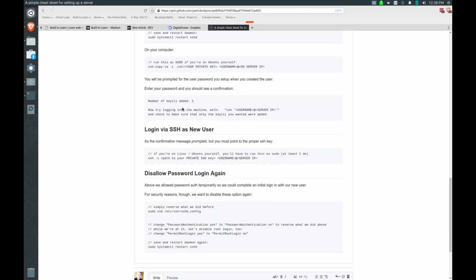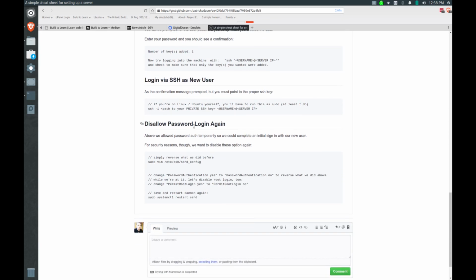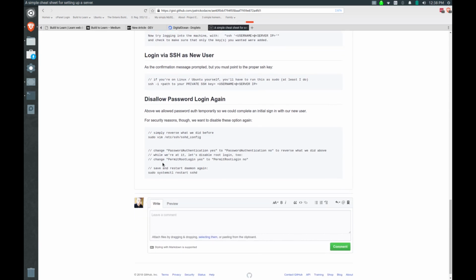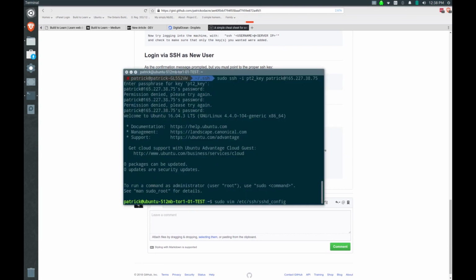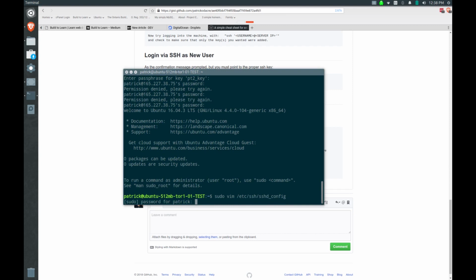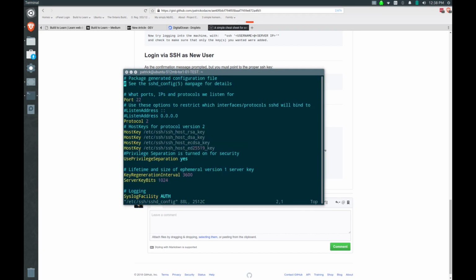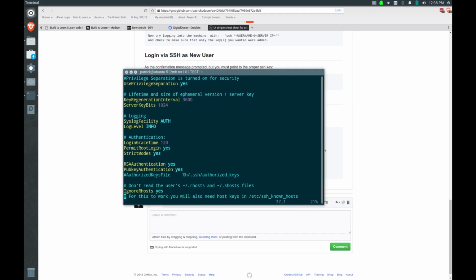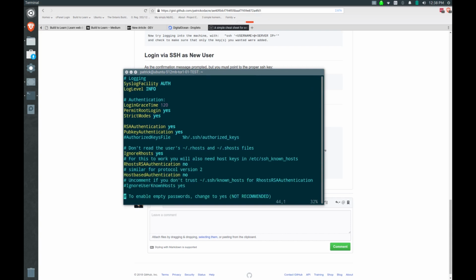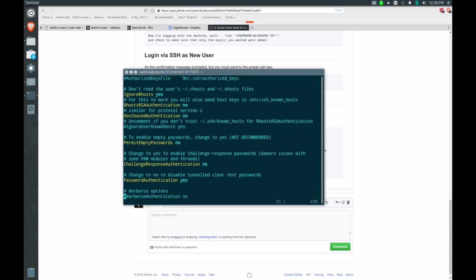Now we have to undo the changes we made just before this to the password authentication. So I'm going to go back in there. See, I have to disallow the password login again. So I'm going to go back in there, right here. I'm lazy, so copy paste. There's my, see, I invoked sudo, so I have to use the password that I set up for this user, which became the new sudo password. I want to disallow, oops,